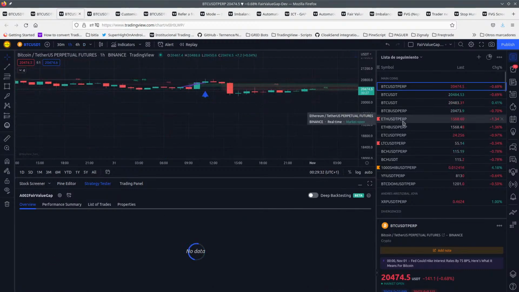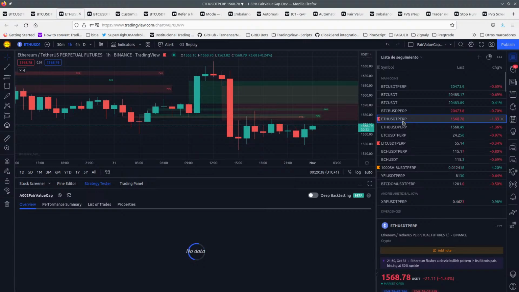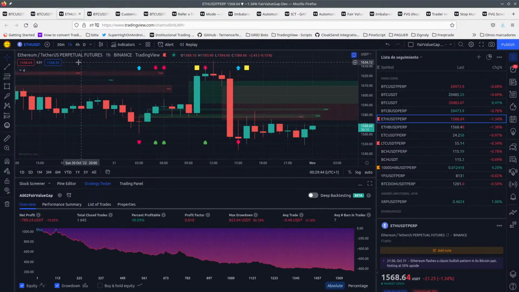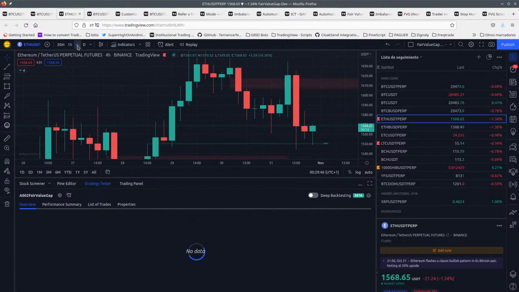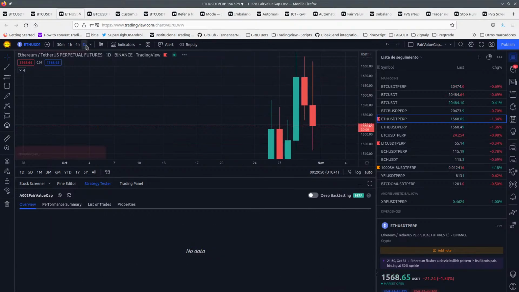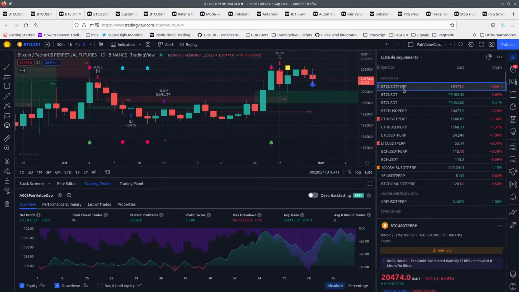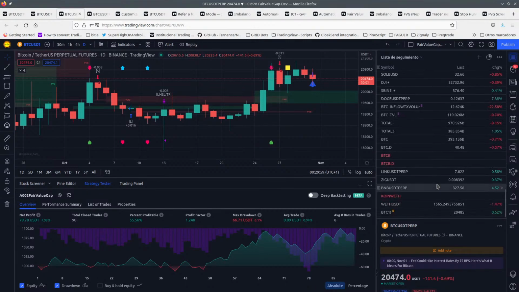Let's try Ethereum, which is a crypto that moves a lot. I'm curious if it's good enough in any of the other time frames. And what about day? Oh, nothing. BTC. I'm not sure if I had